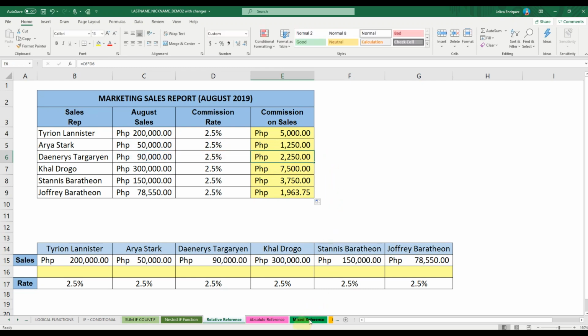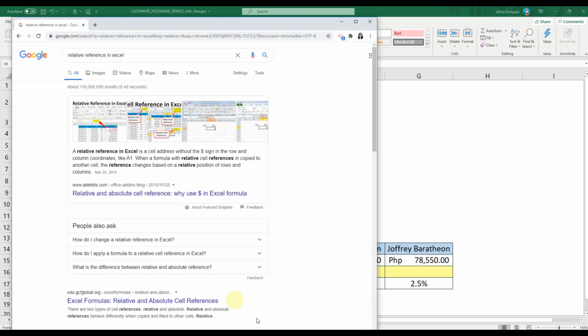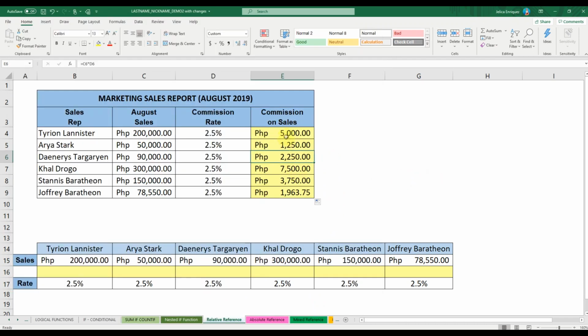So if you will check the definition of relative reference, when a formula with relative cell references is copied to another cell, the reference changes based on a relative position of rows and columns. So here we can see that the columns are the same, but the rows are different. I mean, it would correspond to different sales representatives. Okay, next example is